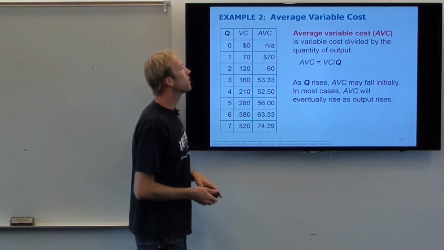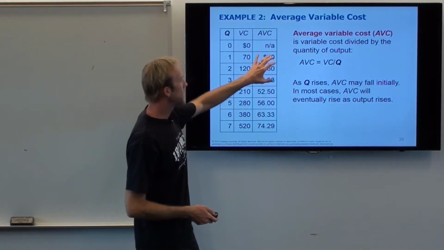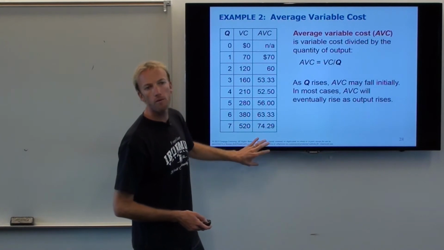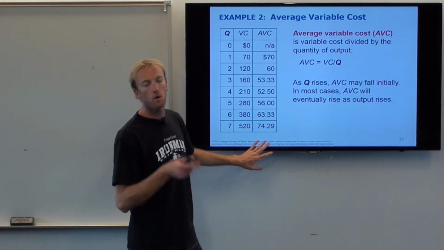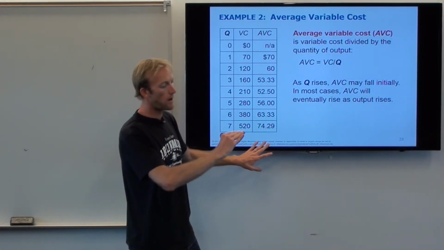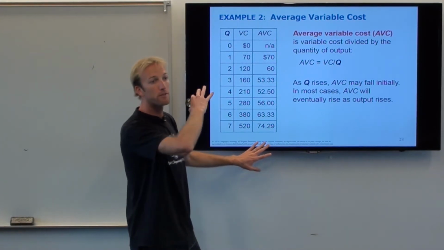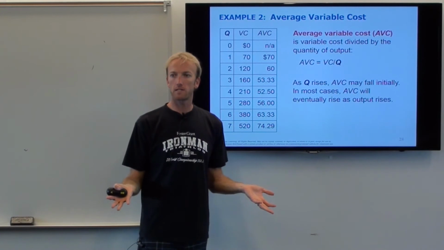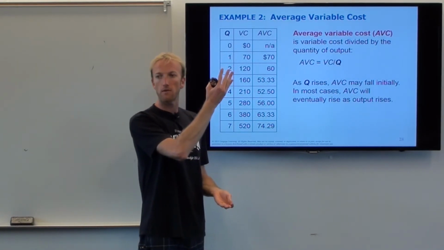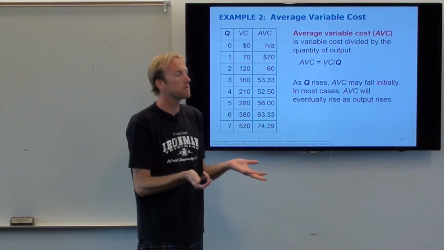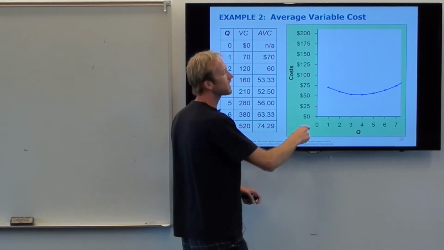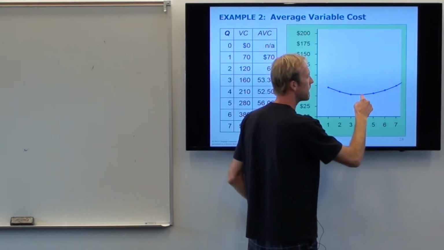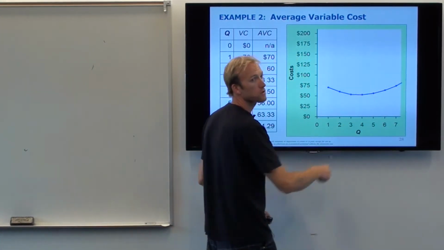Okay. So we have variable cost. It may fall initially, but it's always going to start going back up. Okay. So unlike average fixed cost, which is always falling, average variable cost ends up picking up. And that's because variable cost starts getting out of control. So when I divide it by Q, it's still going to end up being big. And so it looks like this. You might have something that falls a little bit, but then it starts getting out of control.